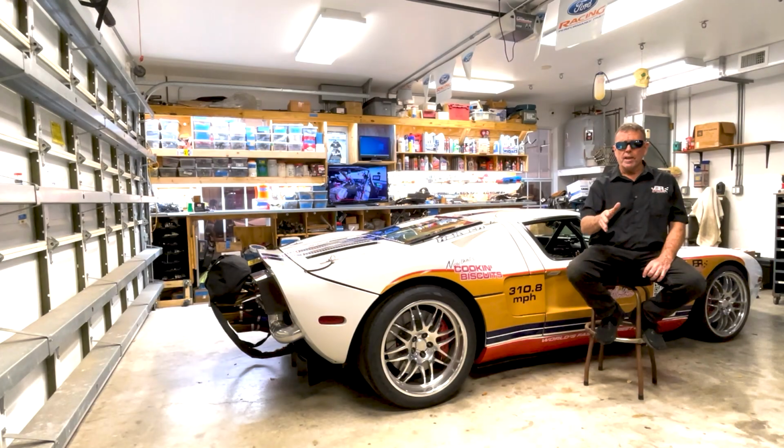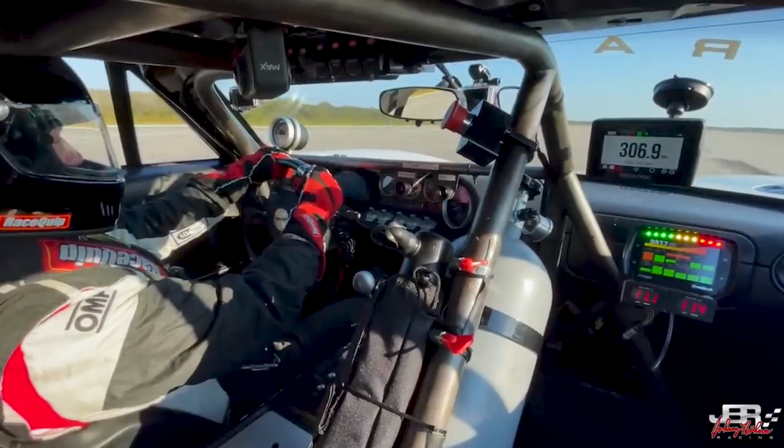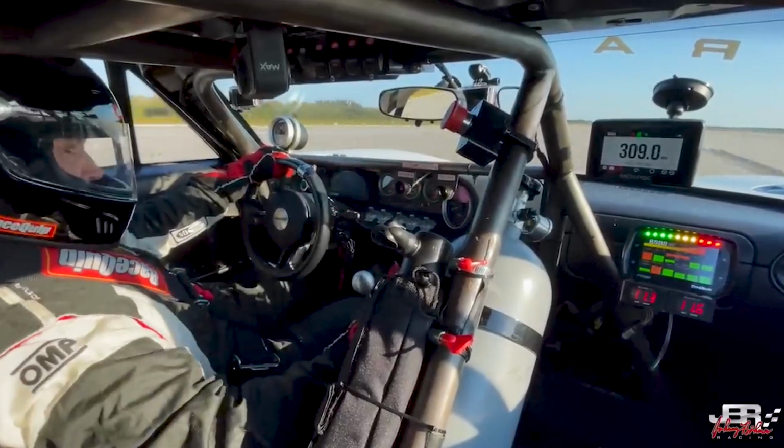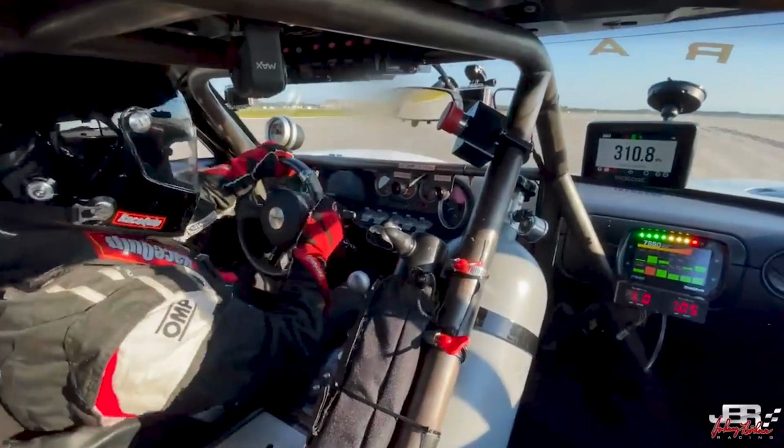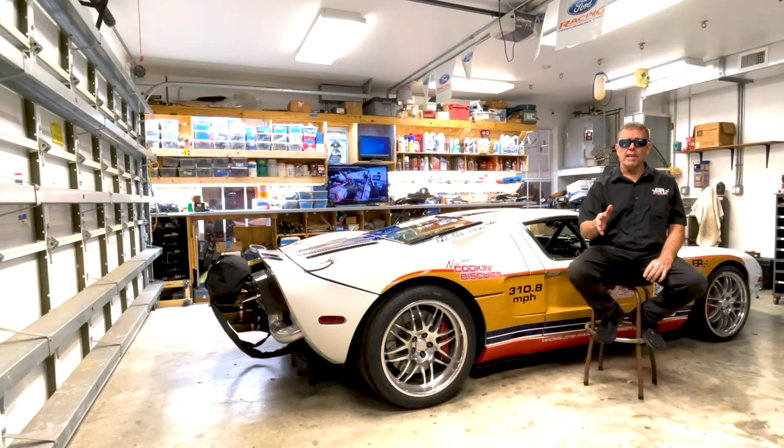But when I was going in the car, I looked over and saw it was over 300. I'm very comfortable with this car. I know how it handles, I know how it feels, and I felt like I could push it just far enough to get a big number. And I saw that 310, and that's when I pulled the chute, and it pulled at 310.8, which is, again,